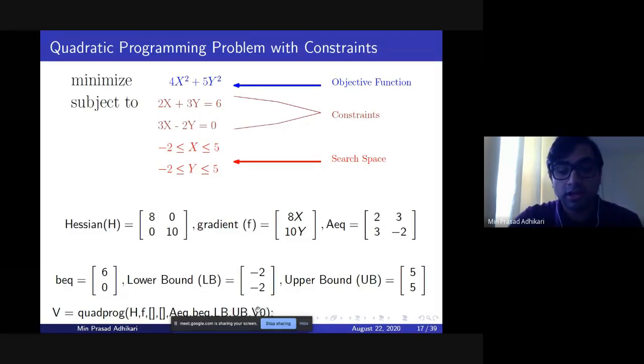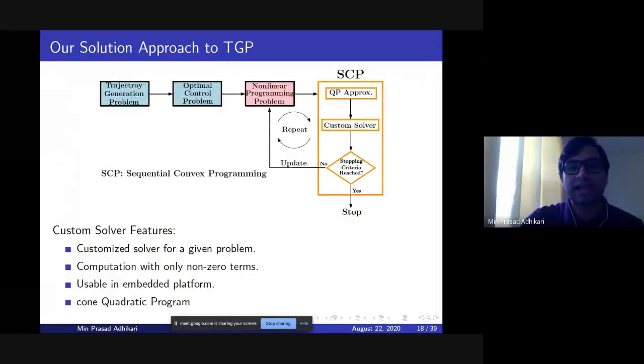And I haven't defined what V0 is. It is the initial point, or a starting point. And in this optimization, the starting point matters a lot. If you have highly nonlinear optimization, meaning really complex nonlinear cost functions and constraints, depending upon the starting point, we can have a different optimal solution. We call it a locally optimal solution. Anyway, so those are really basics. So I'm going to jump back to our approach of